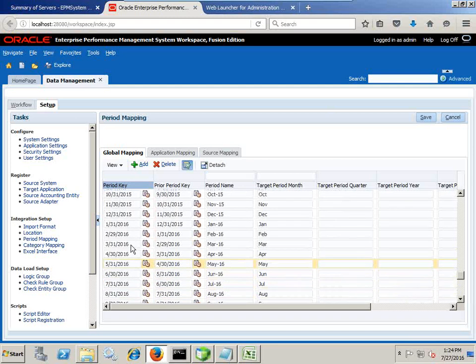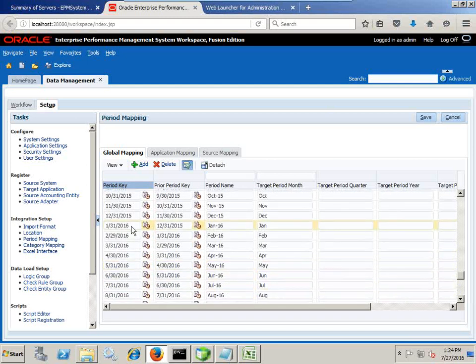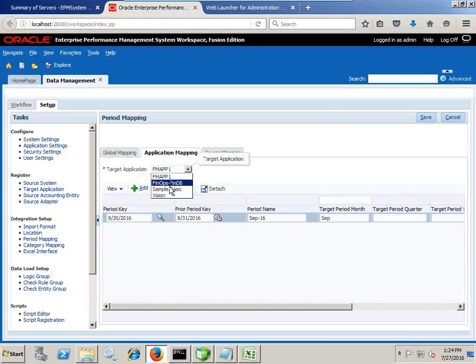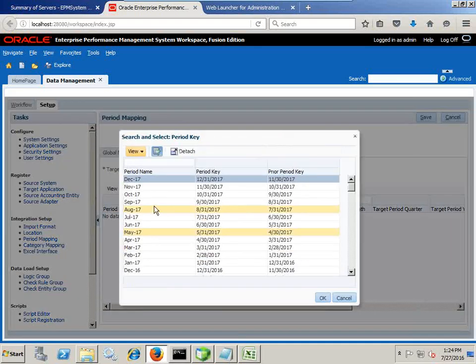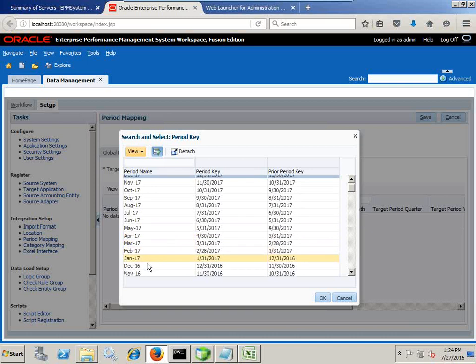So we have data for 2016 January, right? Period key and prior period key and period name. This is what I need. So I can take a global setting or I can take an application specific setting from global setting. Select your cube, FinCube, and for what period you'd like to load it, select January